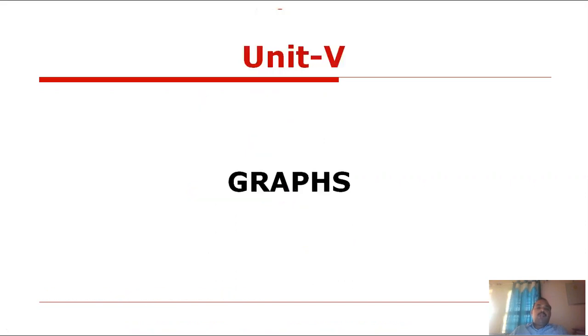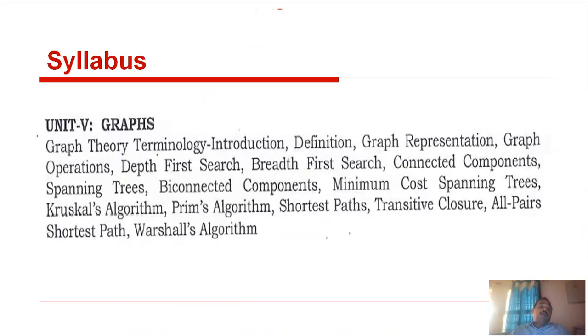The last class we learned operations on graphs. There are two types of operations, called traversals of graph. Two types of graph traversals. The first one is DFS, depth first search, and the second one is BFS, breadth first search. Okay, all of you. Here, simply breadth first search and depth first search.